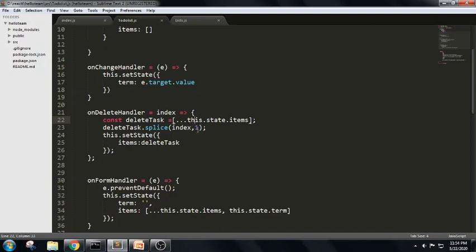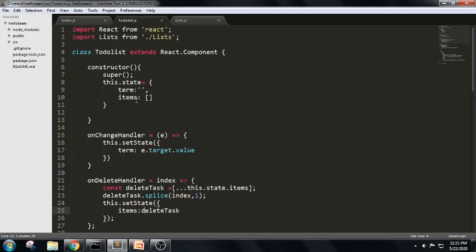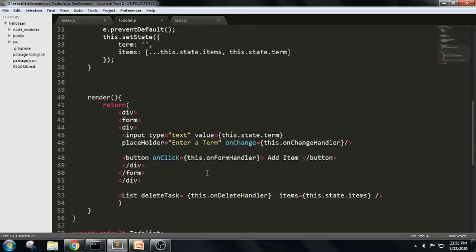For example, when the user has clicked on the third element, it is 3 comma 1. It means it will start from the third and try to remove 1, that is the third element will be removed. If it is 2 comma 1 or 4 comma 1, it will try to remove only one element from this array, and whatever elements have been left will be stored in this items. So it will be updated again here. Based upon this updation, again it will try to list out the list of items here.